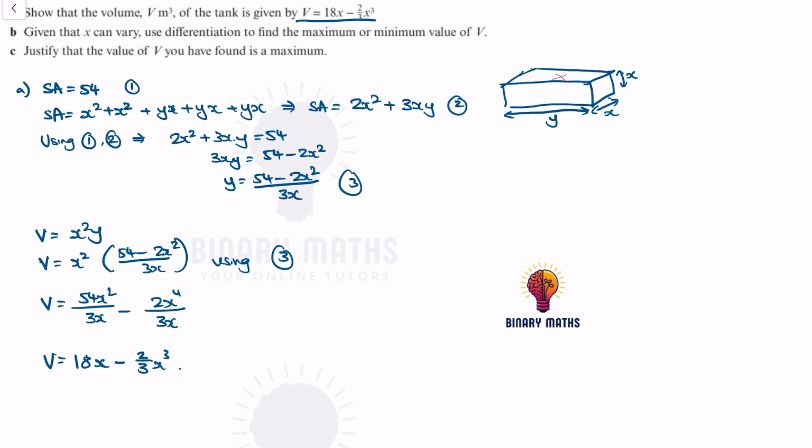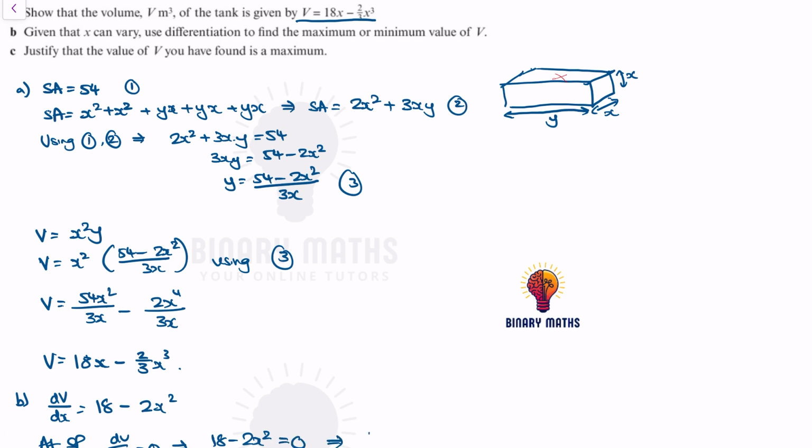Maximum or minimum, okay, sorry. So first thing I need to do is differentiate v in terms of x. So I get 18 minus 2/3 times 3 gives me 2x squared. So at a stationary point, dv/dx is equal to 0, which implies 18 minus 2x squared is equal to 0,